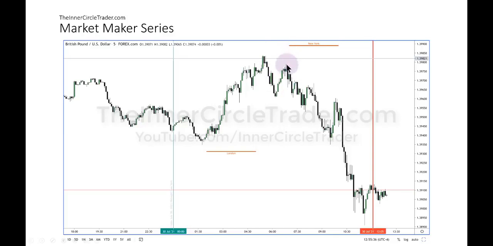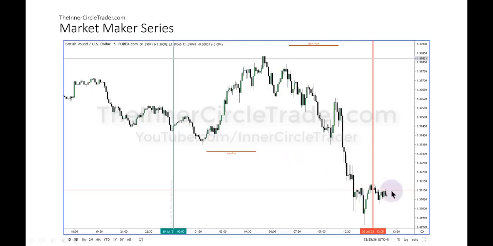New York session, we see it break lower again. A strong break in New York there. Optimal trade entry, high, low, retracement. We have a low here and we have a low here, relative equal lows. It breaks down and attacks that old high and returns back to that area